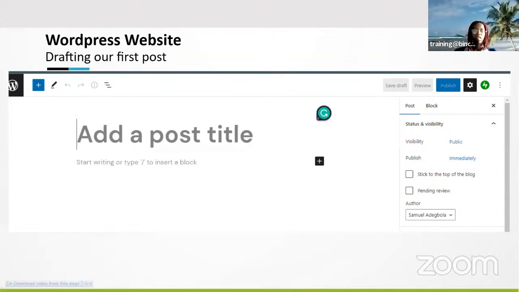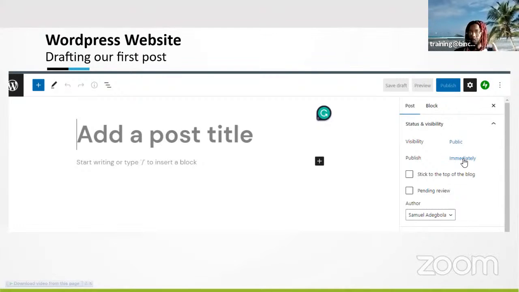If this is the first time you're seeing what WordPress looks like, this is WordPress, for whatever you want to create. If you want to draft a post, an article or a blog post, it's very easy to do. You just need to add the name of that post, type whatever you need to type, save as draft. You can preview how it looks and then easily publish.